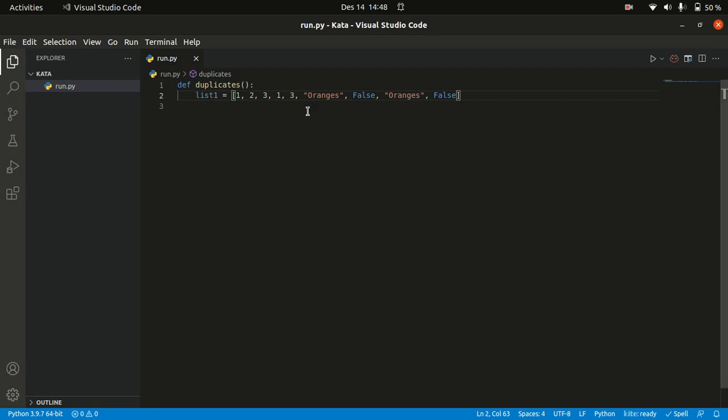At the end of this, what we want to achieve is we want to make sure that list1 doesn't have